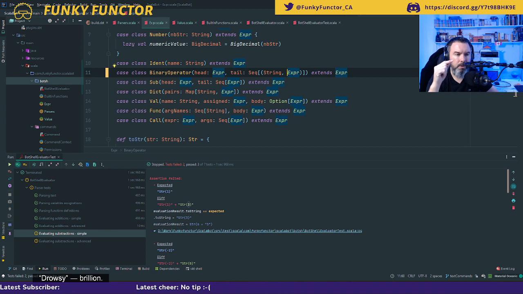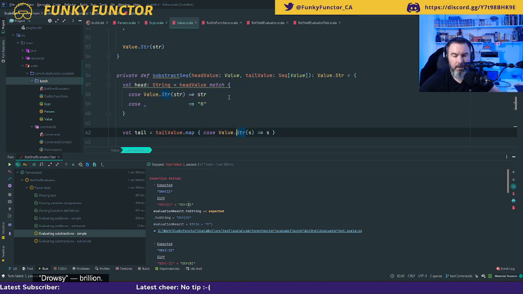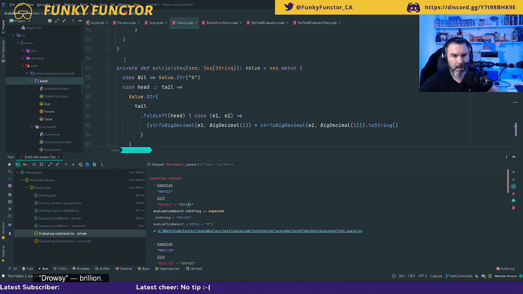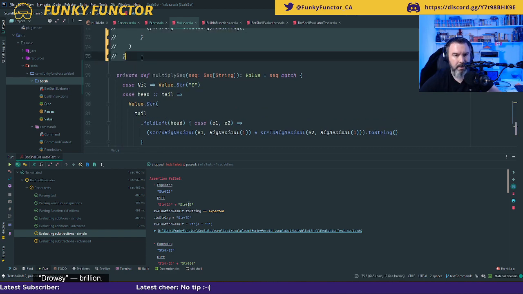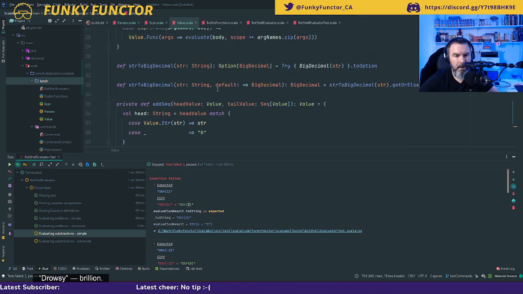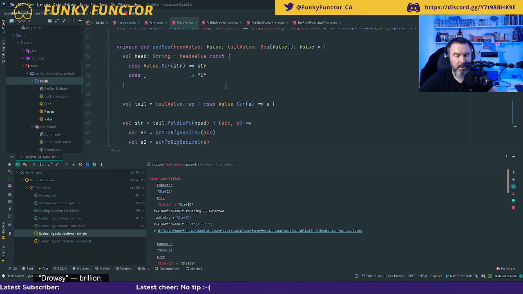So what I want to do is I want to take the heads, and yeah, okay, so now in my value, I'm not going to be using this one. I'm just going to modify instead. So where is it?